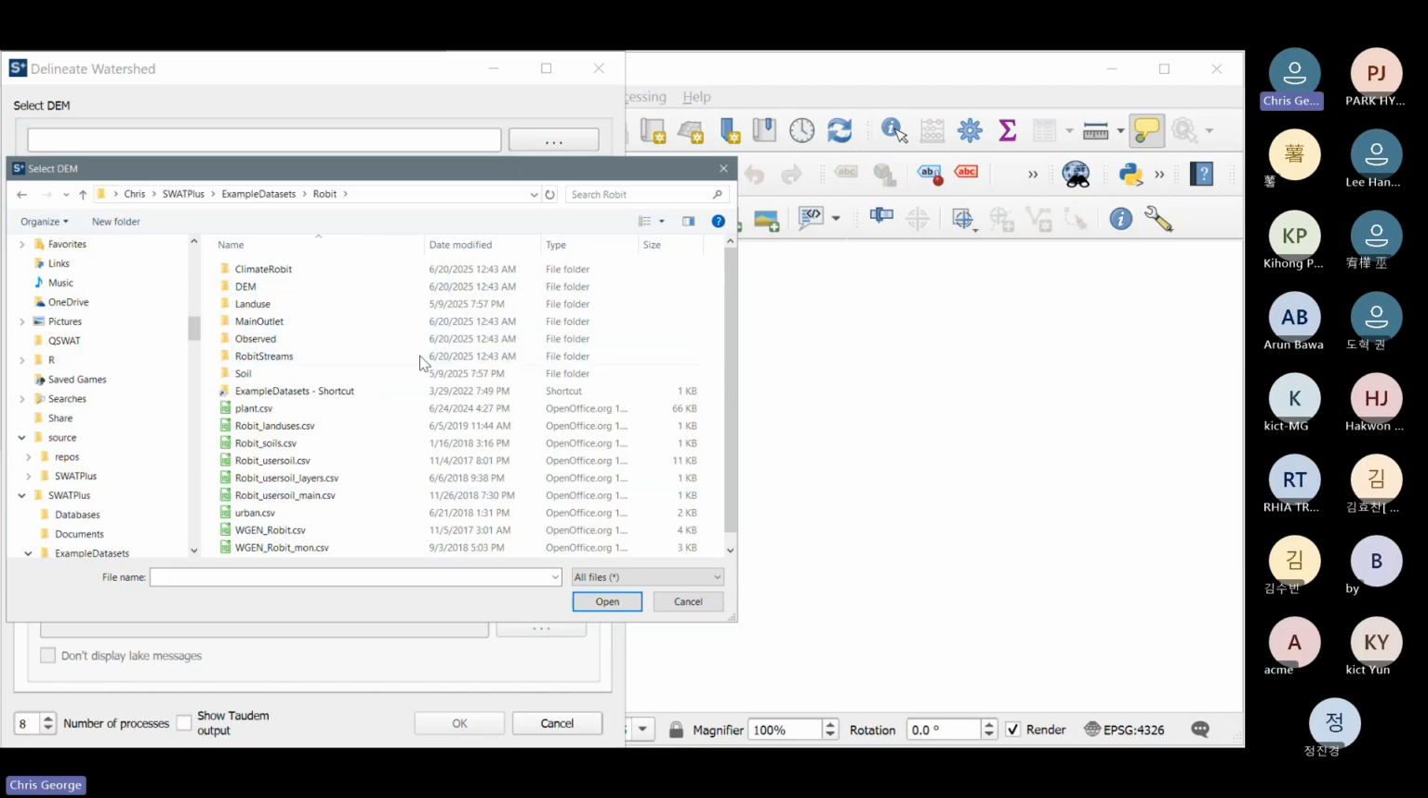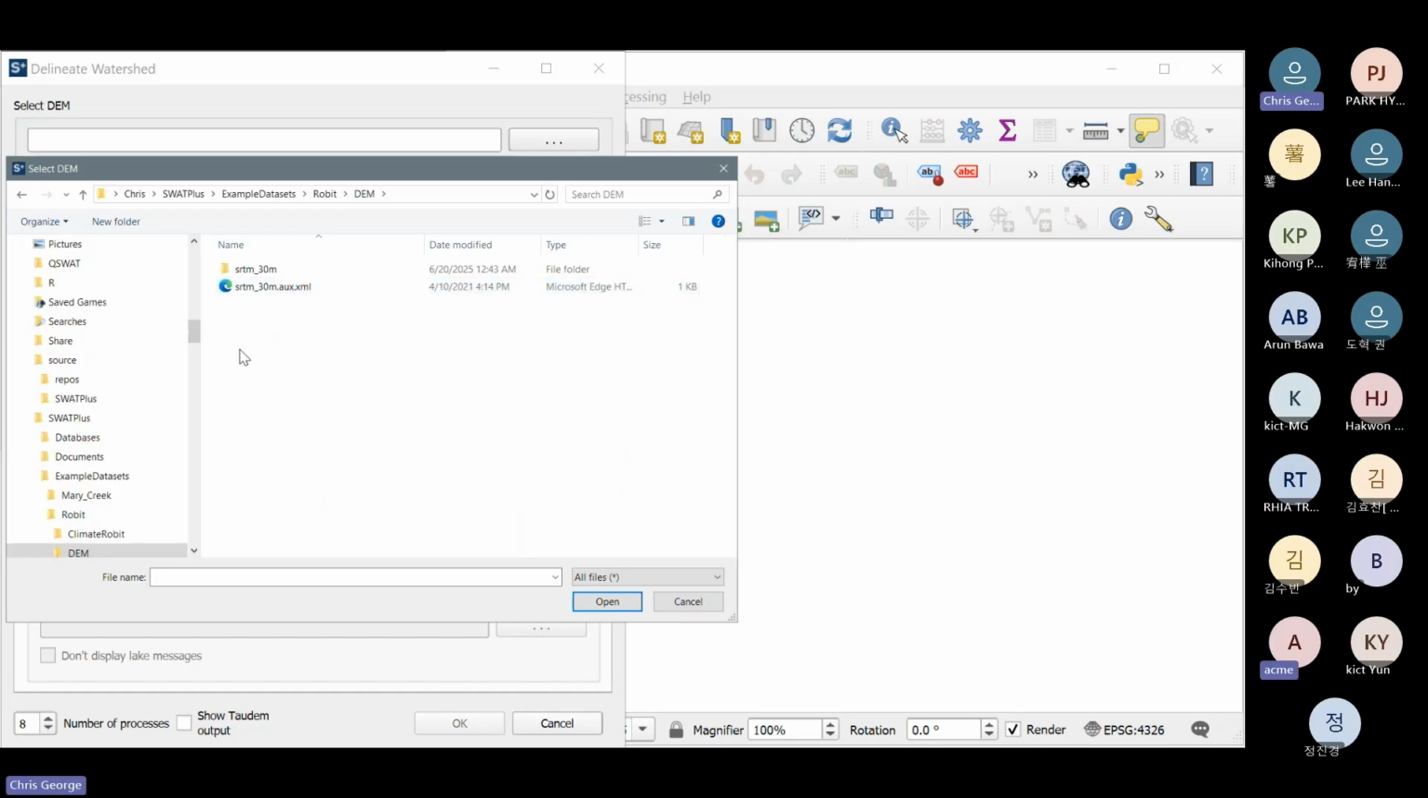I'm sorry. Inside Robit, you find a number of folders like Climate, Robit, DEM, Land Use, Main Outlet, Observed, Robit Streams and Soil. You click on the DEM. Then it's got a couple of folders. So there's a folder called